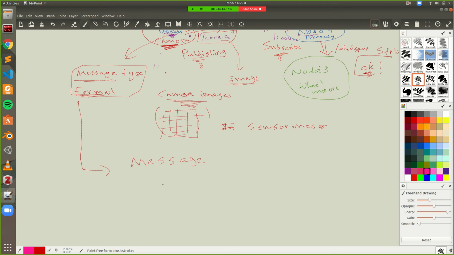right? One thing is the header. So I'll just call this common elements in messages, right? So the first thing is a header. The header carries information like the timestamp, right? It will also carry information like which frame the information is coming in, and which sequence number the information is, right? So what I mean by frame is,